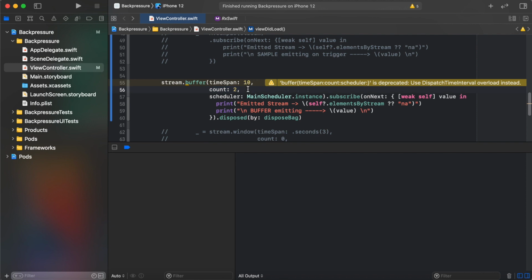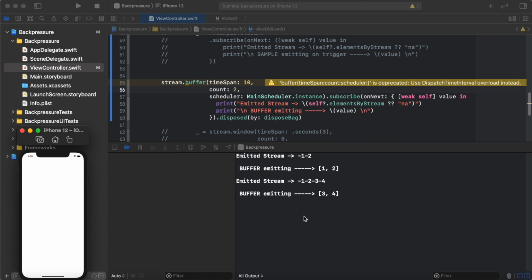Now you would be thinking that there is no parameter given for the periodic time interval, so how is the buffer controlling that? The answer is, whenever your buffer gets filled with 2 elements from the infinite observable, it will immediately emit the group of 2 elements. Or if your stream emits an error at any time, then at that moment the buffer will not wait to have 2 elements, and it will immediately emit the error. This is the working of the buffer operator. Now let's run this sample.